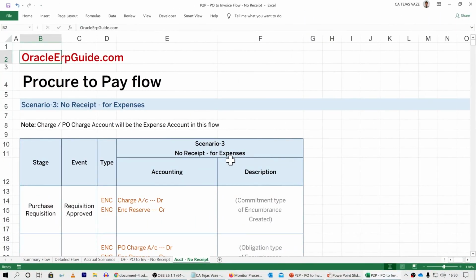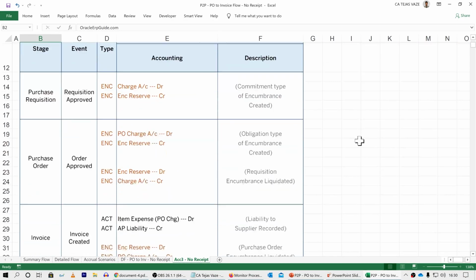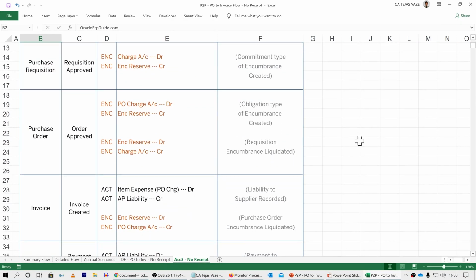This is the accounting for the scenario no receipt, which could be for expense items. That is the scenario which we are viewing in this video. The accounting for the purchase order which we have seen on the Fusion instance is in line with this accounting.